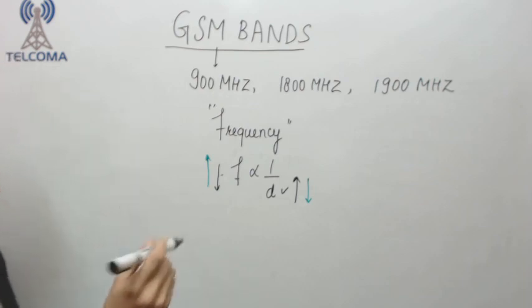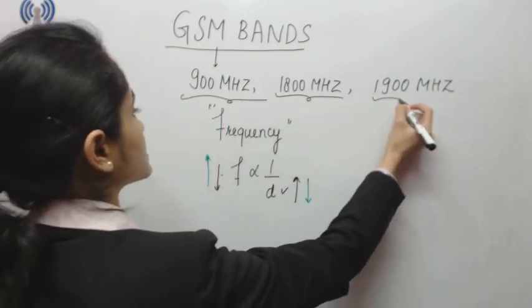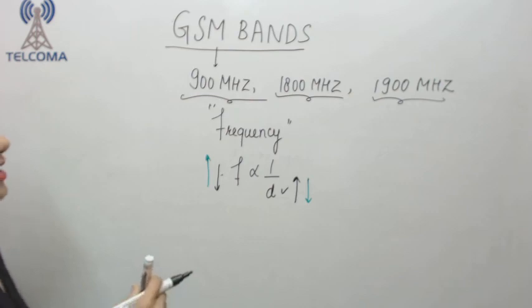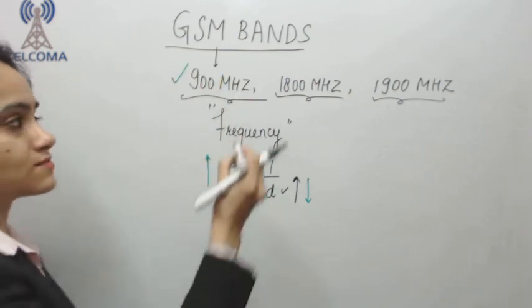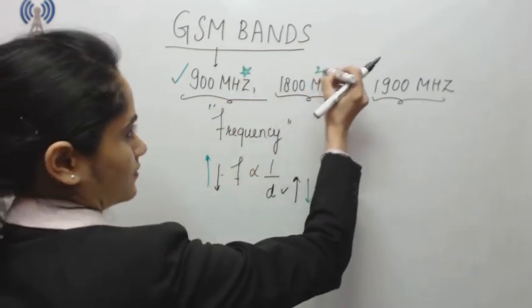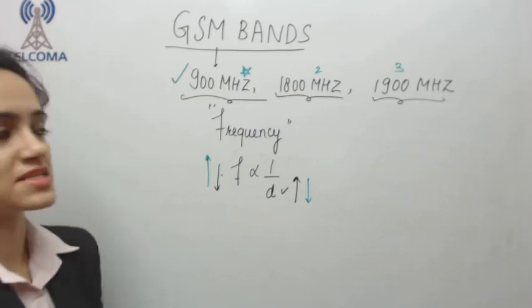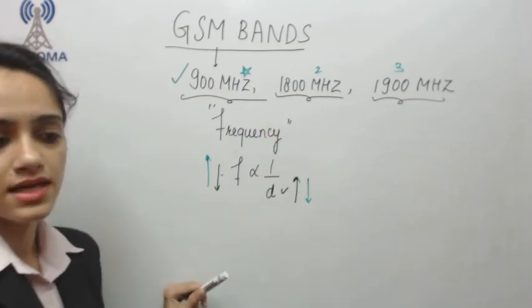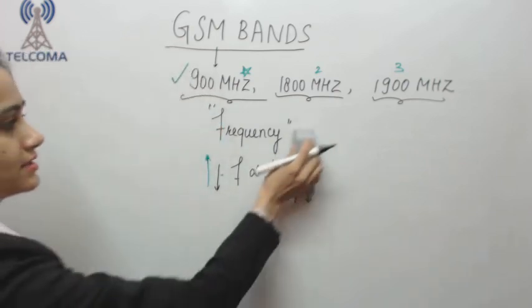As per the standards, for GSM we have these three bands available. The lesser the frequency, the more distance it will cover, so the lowest band will be preferred most, and then the next, and after that the last. But each and every band has a specific capacity and specific range of frequencies. Now let's discuss the very first band,